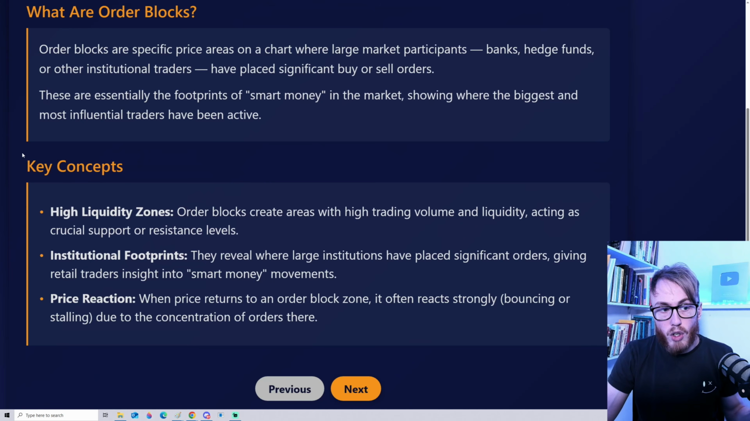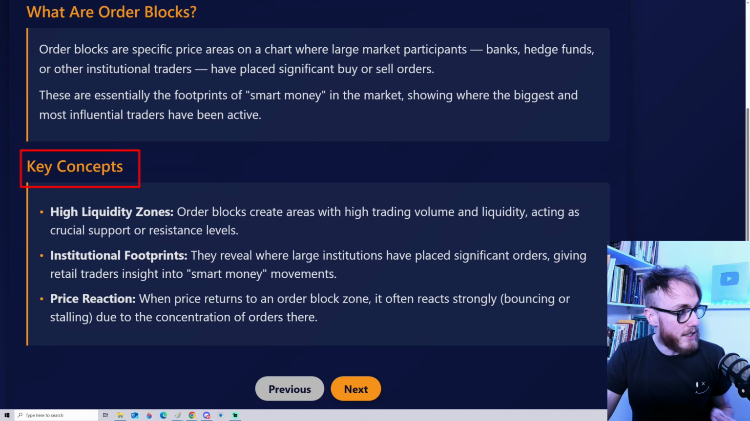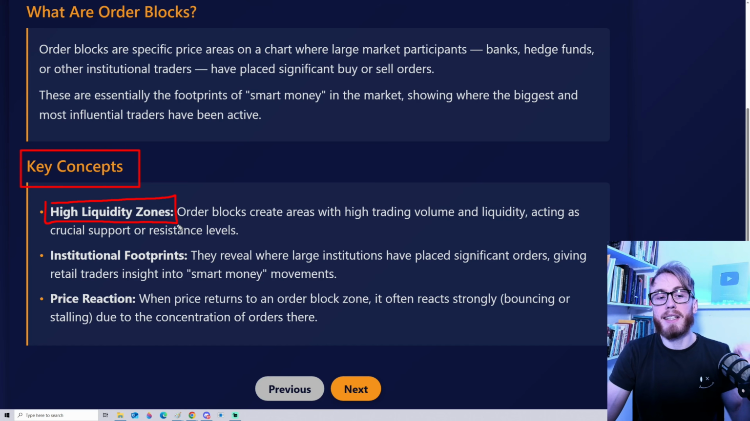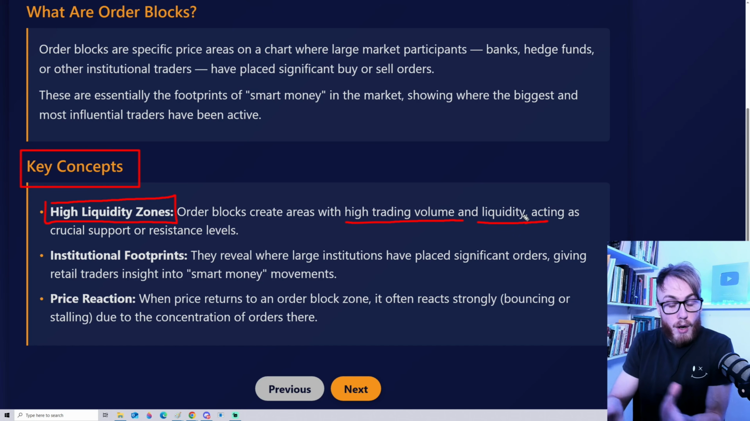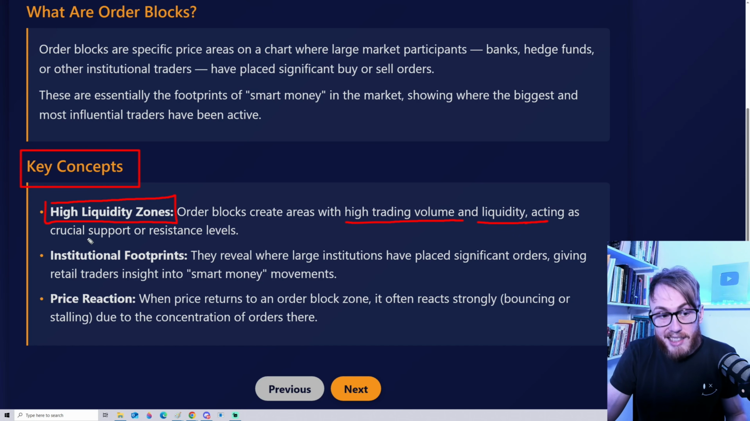But now then, what are the key concepts you need to know about when it comes to order blocks? Well, the first concept you need to know about is high liquidity zones. And what do I mean by this? Well, order blocks create areas with high trading volume and liquidity. And in the future, these order blocks can act in a similar way as support and resistance